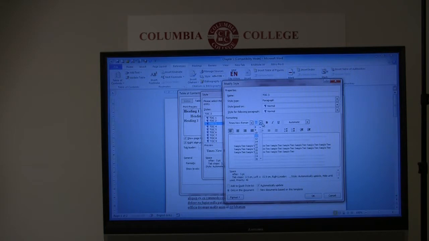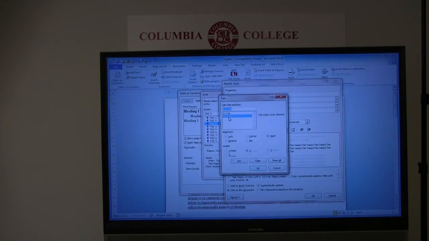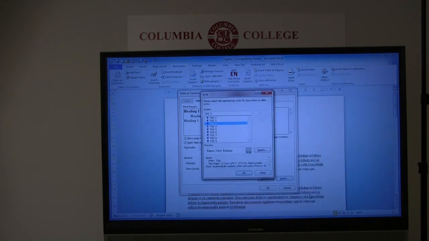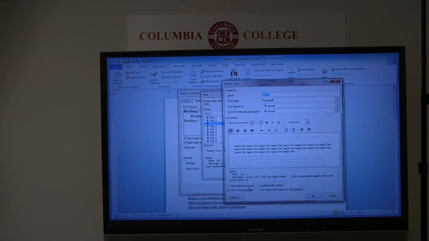Times New Roman 11, well, let's make that 12. Actually, no, let's leave it at 11. Leave it as it is. Format the tabs, make sure they're all set up right. Brilliant. Everything else we can change in the text, because if you go to the Modify button, you'll notice here